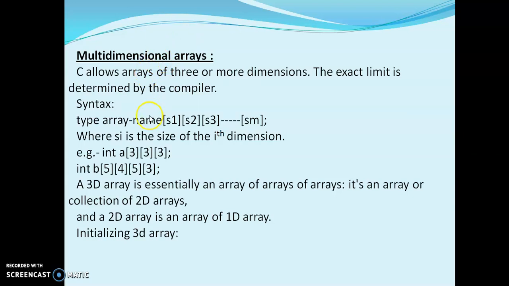So this multi-dimensional array means 3 or more dimensions comes under this multi-dimensional array. The exact limit can be determined by the compiler, and the syntax is as follows. Type means data type, array name followed by the sizes. So we can have S1 is the first size, second size. Like this we can have m number of